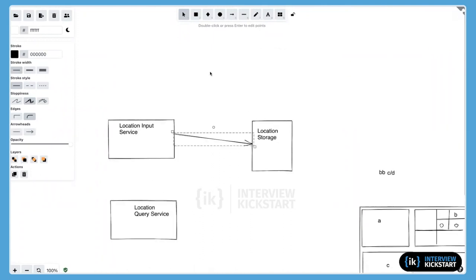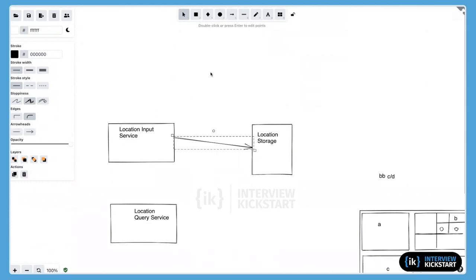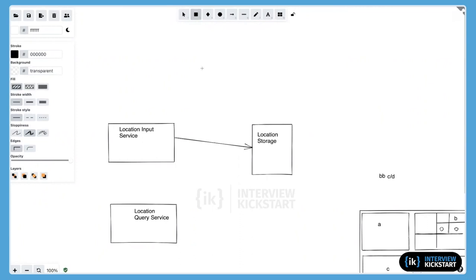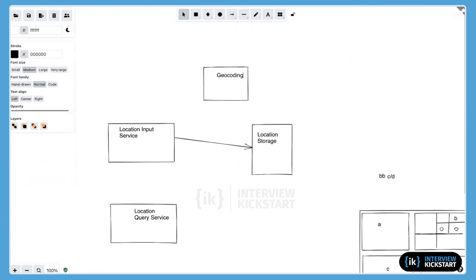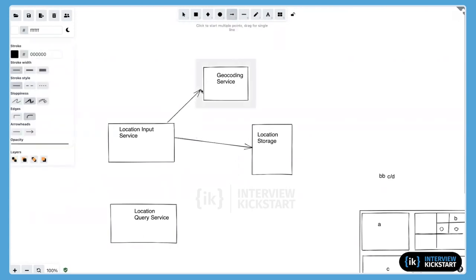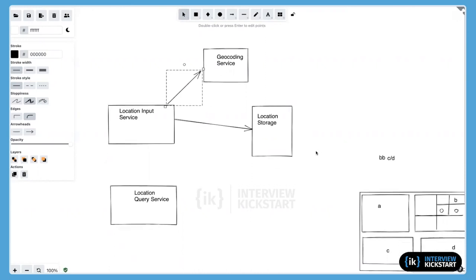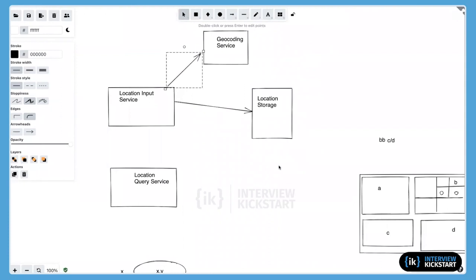So we probably need a service here that can compute this Geohash given the lat and long. Let's say you can call it the geocoding service. So for every location, this guy makes a call to the geocoding service, gets back the Geohash, and then stores it along with the location here. And then now at the query side,